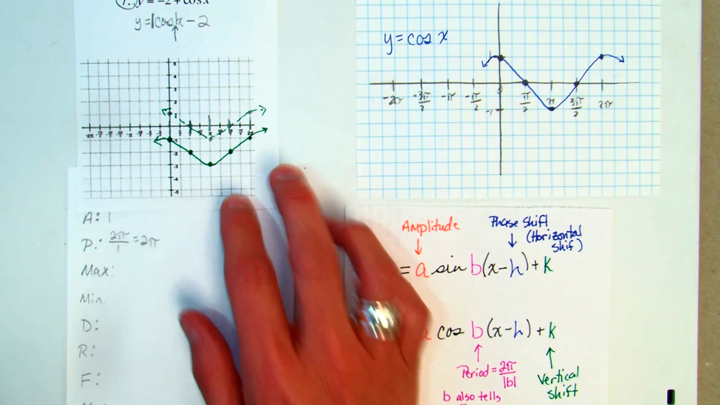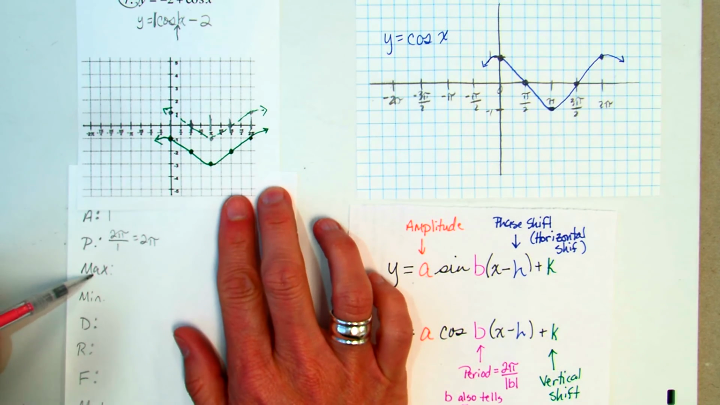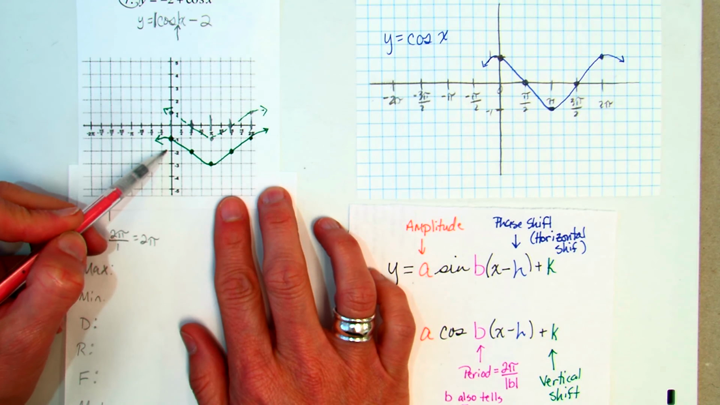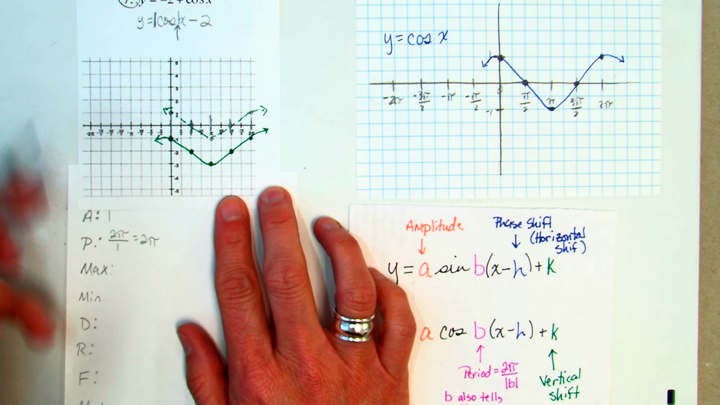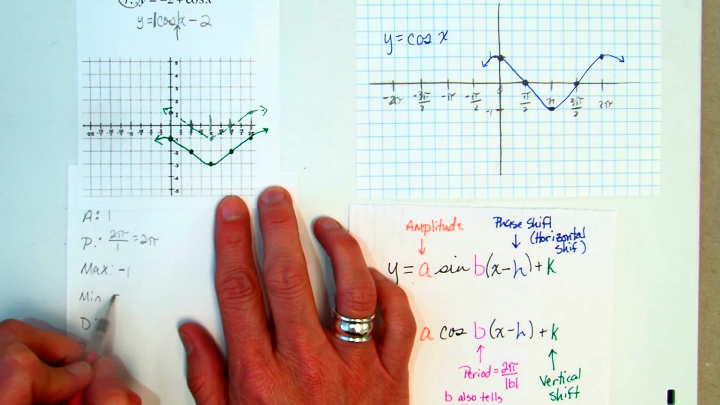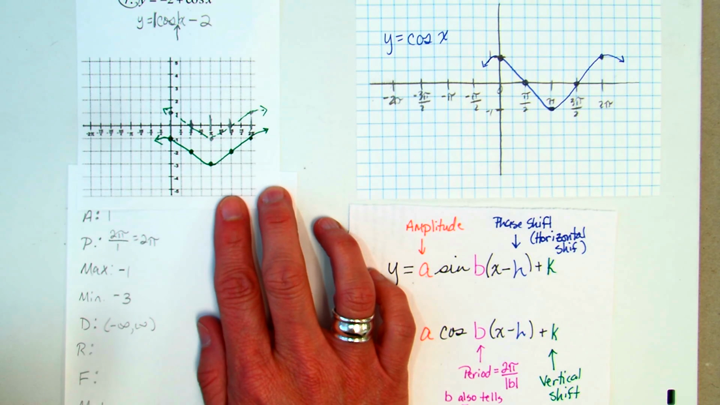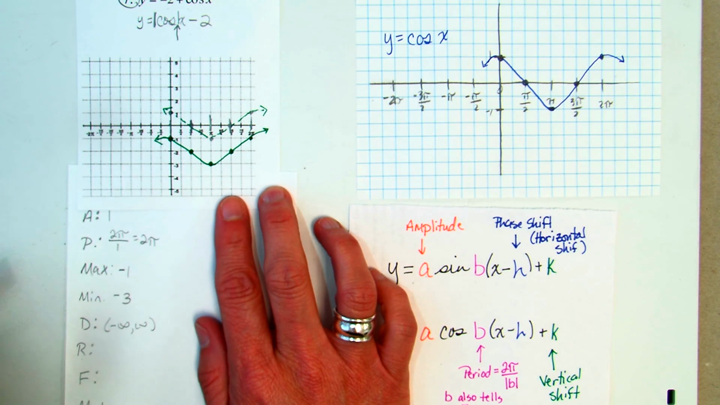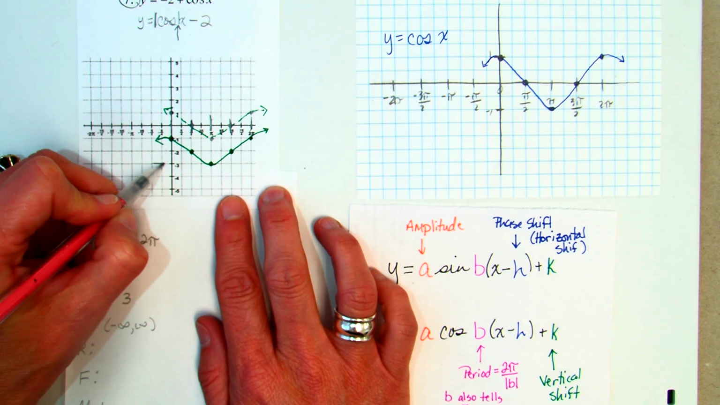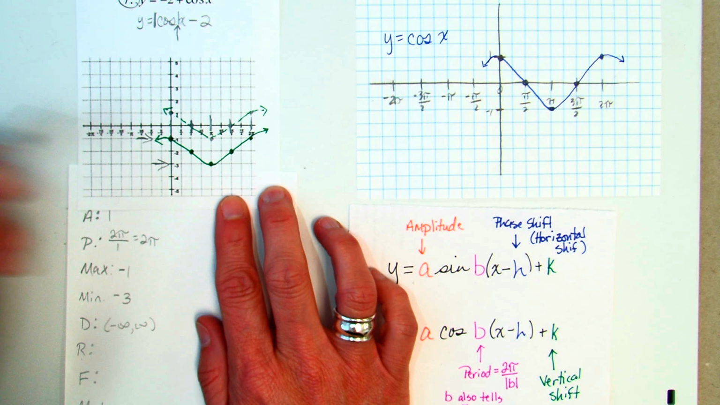Okay? So let's find the maximum and minimum on this one. So the maximum value on this curve is -1. That's as high as it will ever go. -1. The minimum is -3. The domain is always all real numbers. The range is from the lowest y value, right here, to the highest y value. So from -3 to -1. The frequency